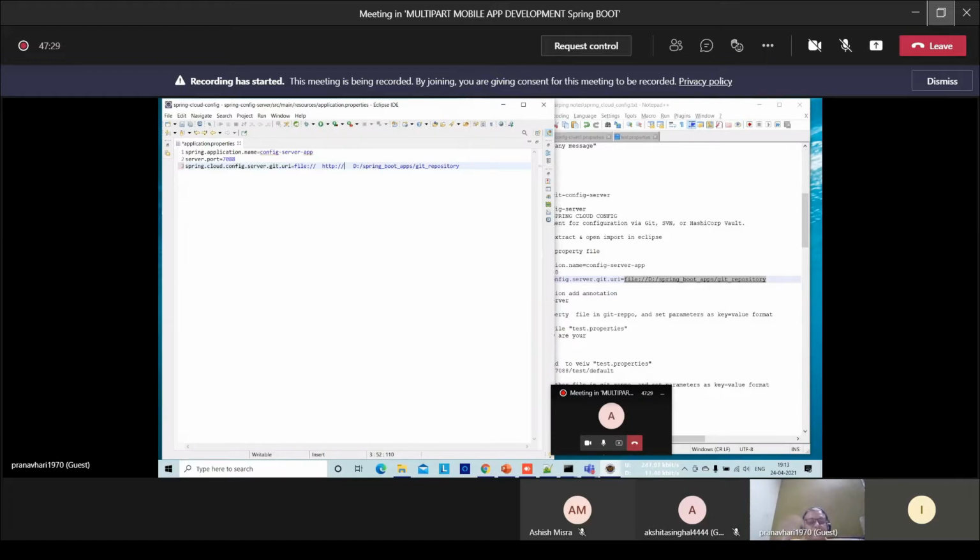Maybe suppose the Git repository is at test.com. Okay, so you have to mention like this. If it is remote, the complete remote address you have to mention. Please note down on paper that after file/ you have to specify the remote address location. Right now it is in my local disk, so that is why we are having this here. When it is at a remote address, you have to change this line which I have highlighted to the remote address.